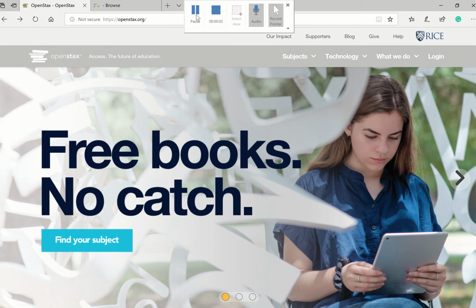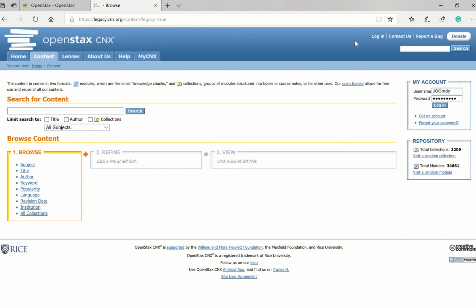In this short tutorial, I want to show you how to create a derived copy of an e-textbook from the OpenStax website. The first thing you need to do is log in to your cnx.org